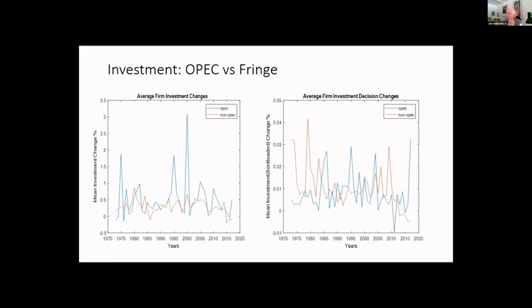Same thing. What we're doing is looking at when you make the decision to invest and how quickly it happens. And again, what you're seeing is broad swings. So I'm kind of stating the obvious, looking at field level data and trying to understand how firms and operators behave. We're just doing OPEC, non-OPEC. We haven't gotten into the complexities of what's really happening.